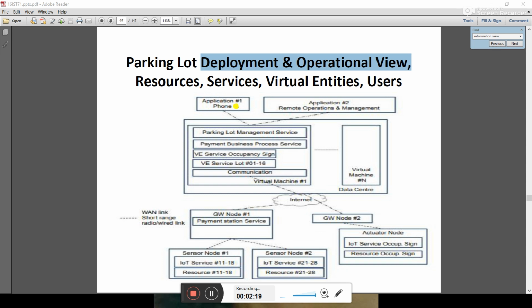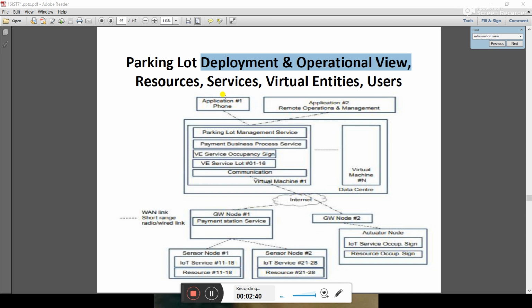So here you can find some of the things. For example, application phone, application remote operation management. So there are two things. One is the application deployed on the phone, and another is the application deployed on the remote operation management.